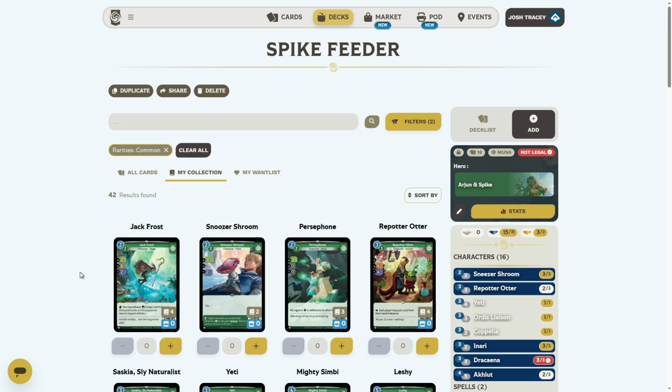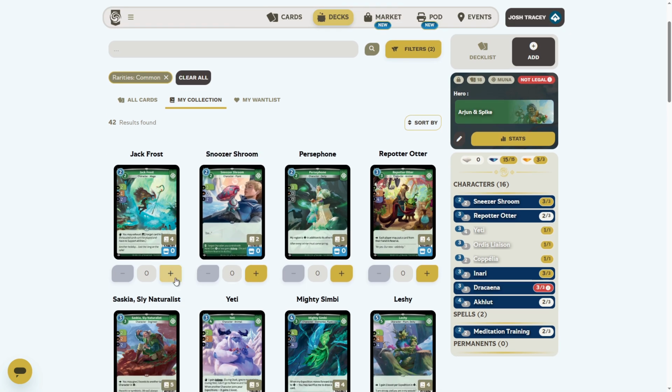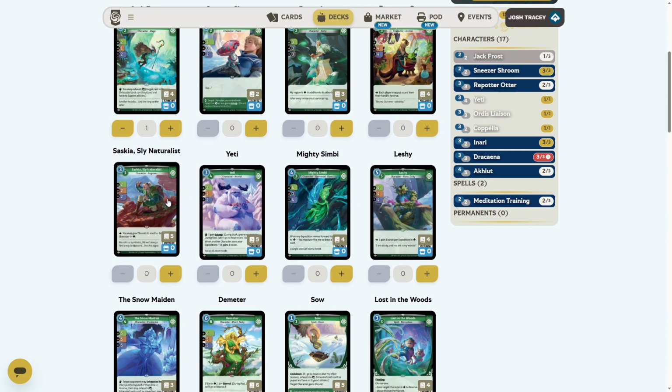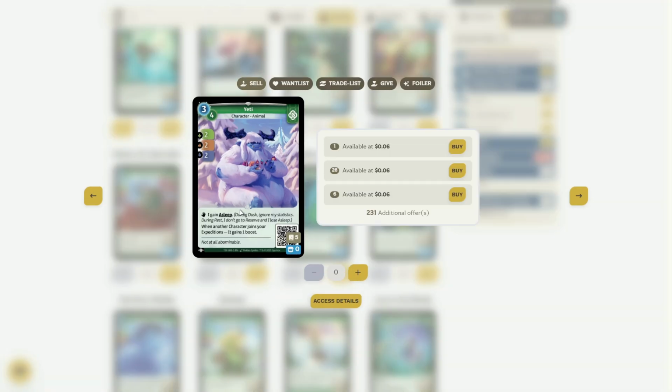This one, so obviously we're looking to get up to 7 sets of 3 ofs. Okay, we've got 1 warning here for the Dracana, so we don't own those. But let's start once again. Jack Frost. Yeti might be good. Obviously it only sticks around for 1 turn instead of the permanent landmark, but it is similar in function to...